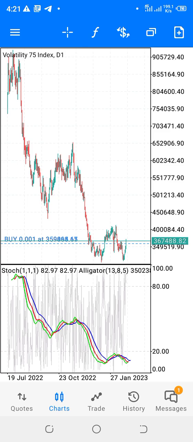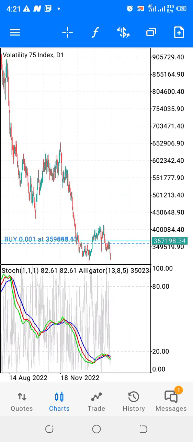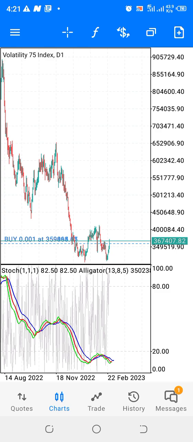So in our case, the alligator or the indicators are going to guide us to know whether it is overbought or oversold. So how do we use alligators to know whether it is oversold or overbought? When it is coming from downwards, under level 20, when it is down there under 20, we know that it is oversold. And then if you want to know when to buy, you make sure that it now faces upwards,